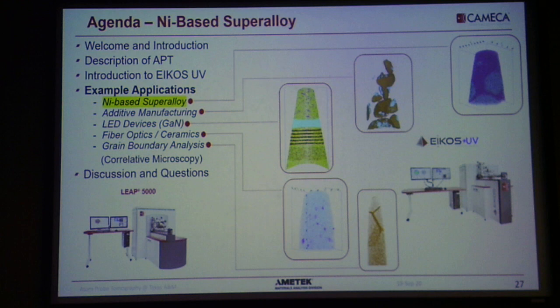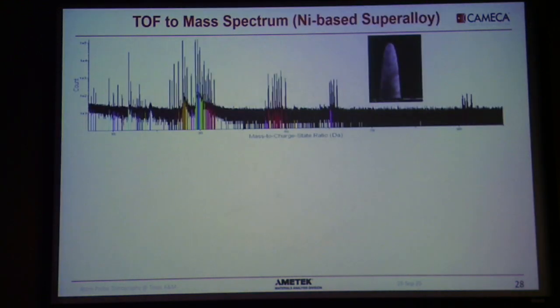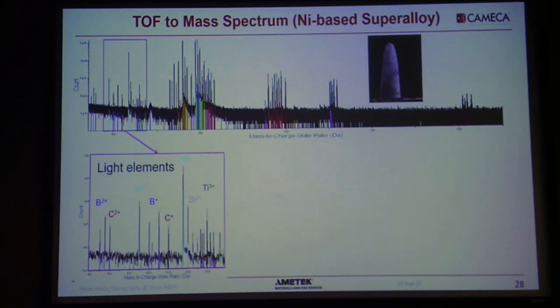So if we look at nickel-based superalloy, I start with this sample that has actually been prepared by FIB system, FIB protocol, and you see that the mass spectrum is very populated. Okay, you have a lot of different elements or different mass to charge state ratio here. And what I wanted to focus on here is the fact that whether you are at the low end